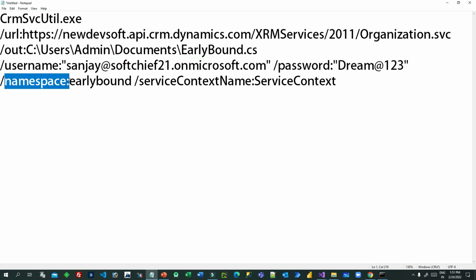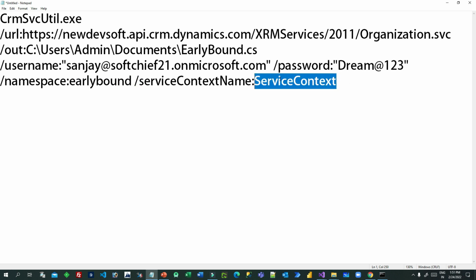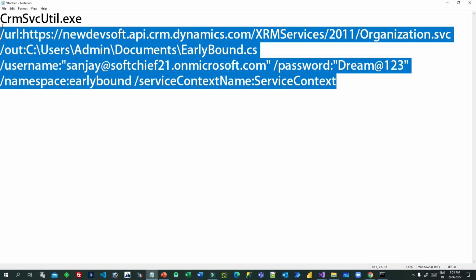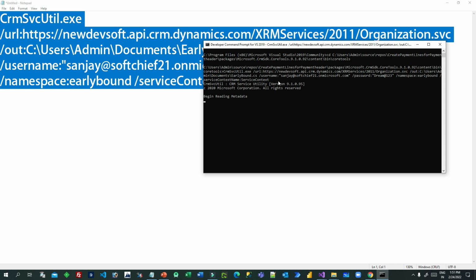Namespace will be used whenever the class file will be generated inside that, right? And in the service context name, you have to pass a service context name. It's for your choice. Now I will copy this entire command and go here, right click and hit enter. Now what it will do, it will try